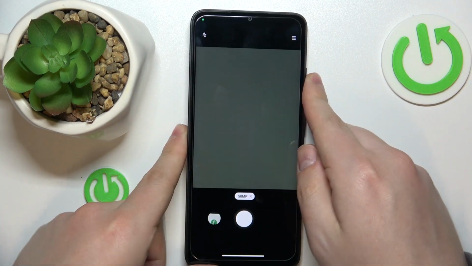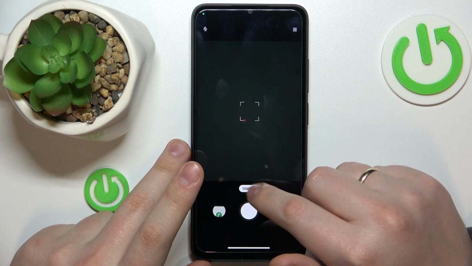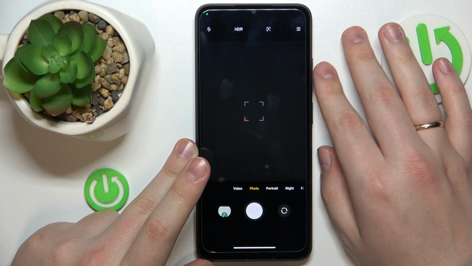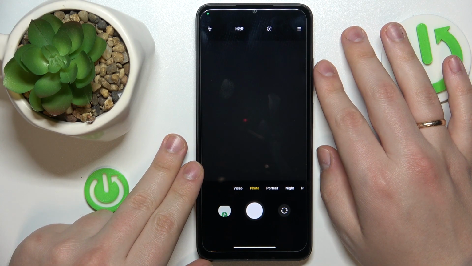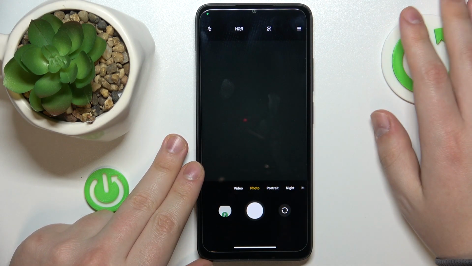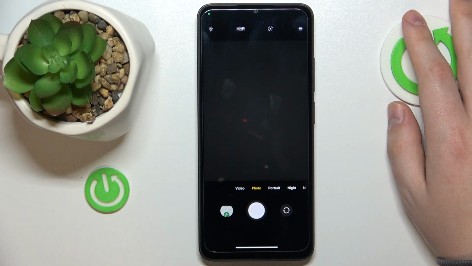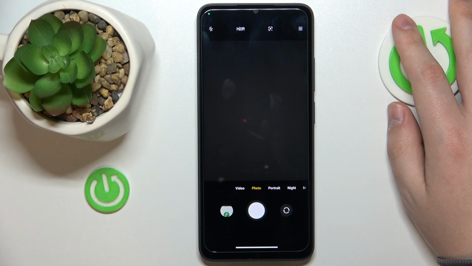quality rather, higher quality, more photo details, but you have to know that it comes at the expense of such pictures occupying significantly more storage space. So the pictures that you will take with the high resolution or 50MP camera mode will have much bigger file